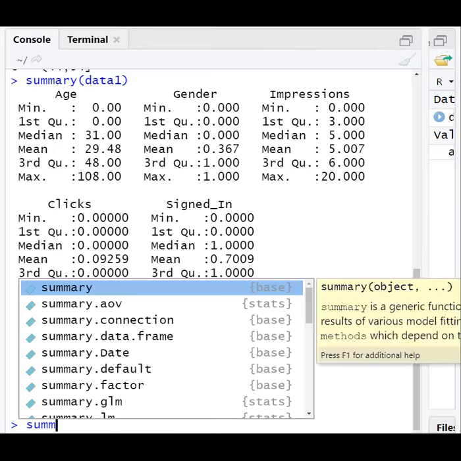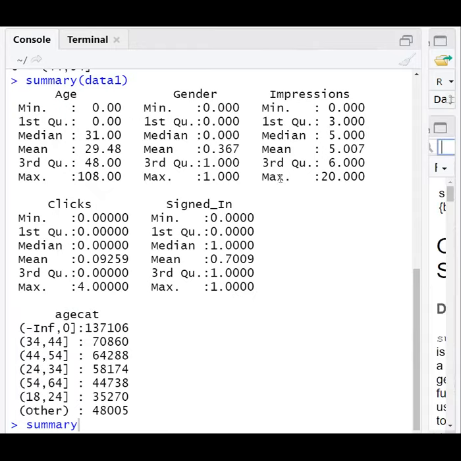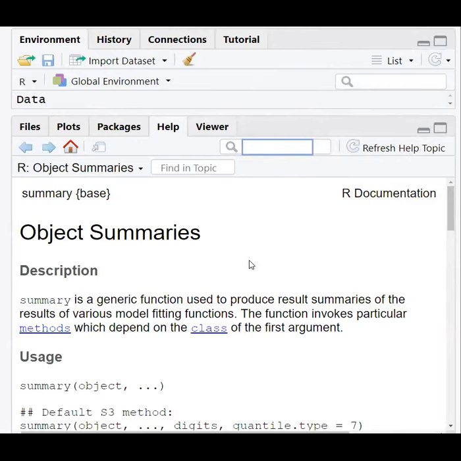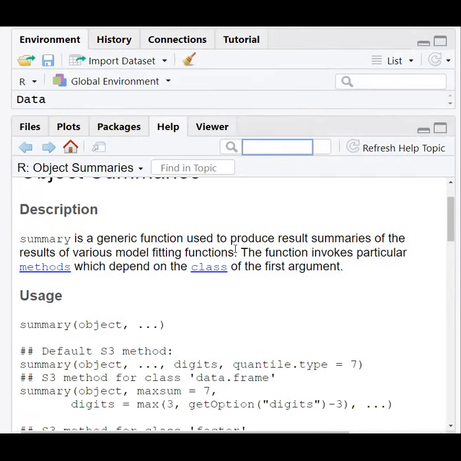If we want to look at its help, let us press F1. We can bring it here, summary. This will print the summaries of the object. It is a generic function. It produces result summaries of various models that we use. So here it is a summary on an array.